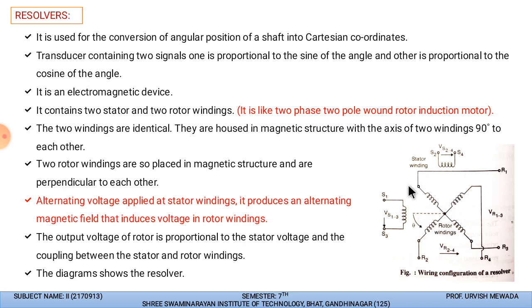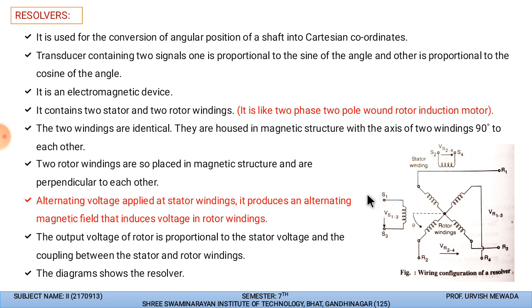So the output voltage of the rotor is proportional to the stator voltage, meaning whatever voltage is applied to the stator, the rotor voltage will change accordingly. So both are in proportion, and there is coupling between the stator and rotor winding. This is the point at which, suppose our shaft is connected and these two have